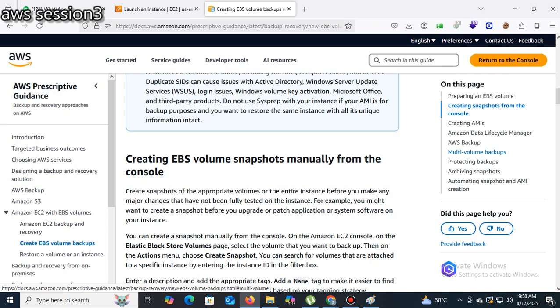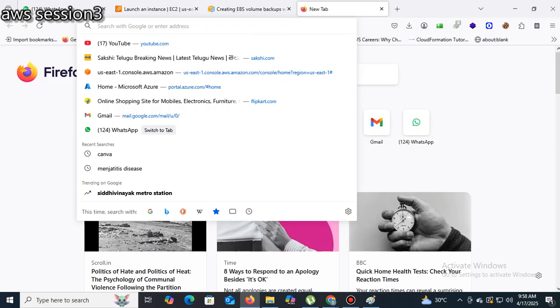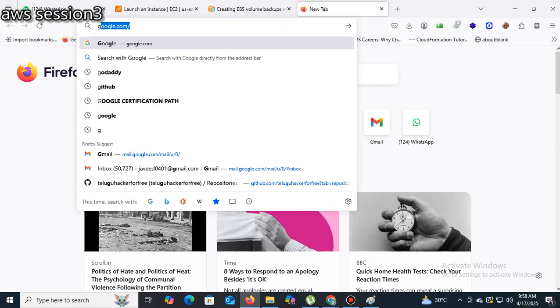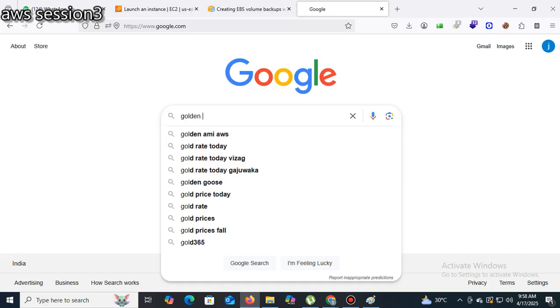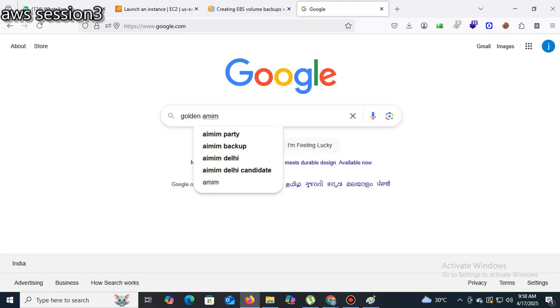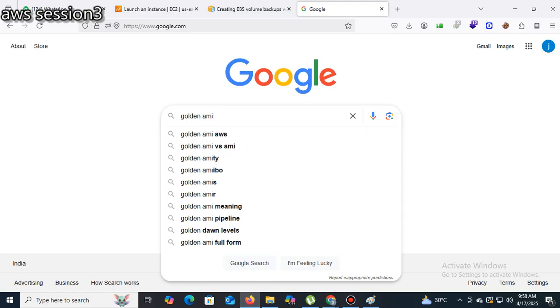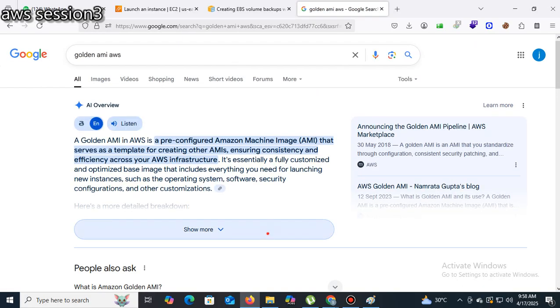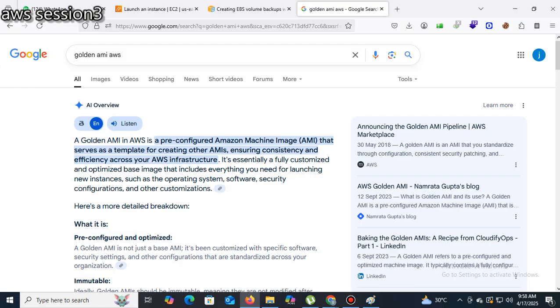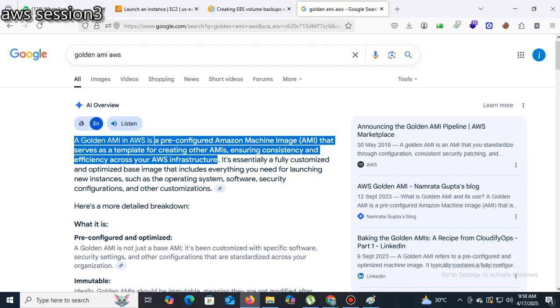This is also known as the golden AMI. Creating the customized AMI is known as what? Golden AMI. So what is the golden AMI?